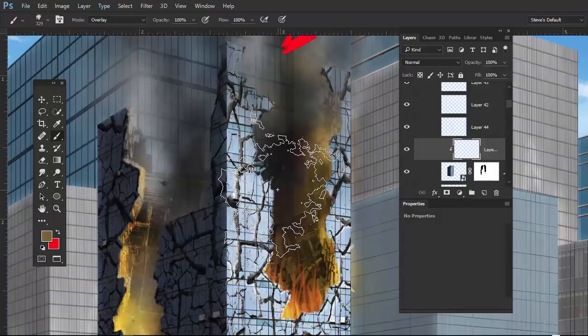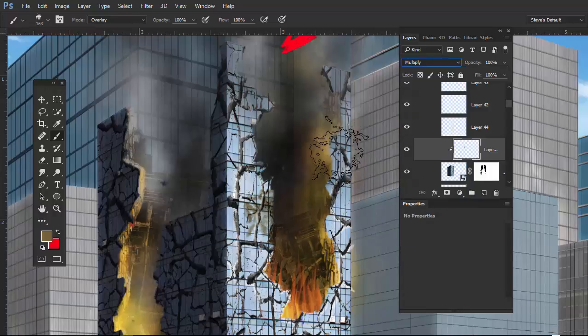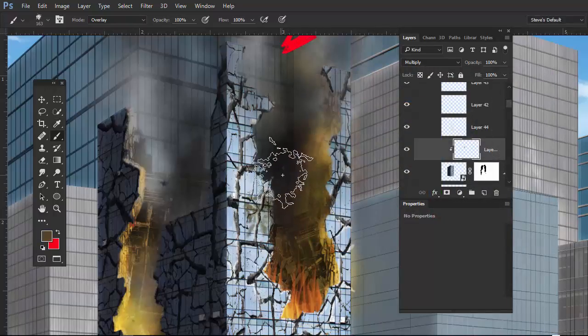So I'm going to bring the brush a little smaller. I'm going to also just tap into here to put this down. Now if I change the blend mode to multiply, there, okay, now we're starting to get our grungy effect. So the color of that brown is probably a little bit too light for my taste. So I'm going to come right over here and bring the density down. So that brown is fine, but just bring the density down just a little bit. And if I start to tap on things, okay, now we're starting to add